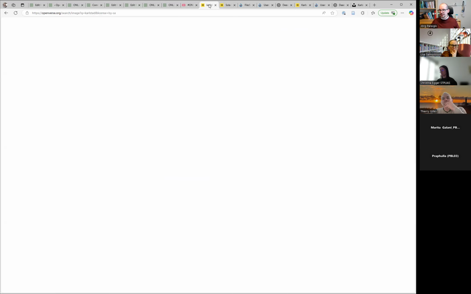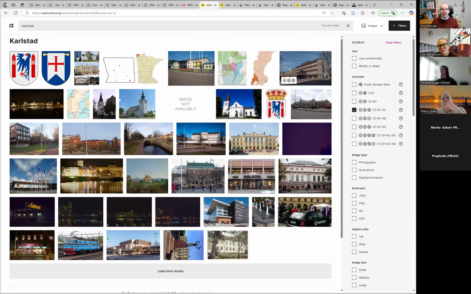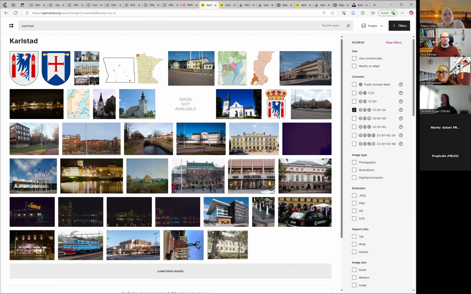We go back to the Karlstad pictures. Jörg, how is it controlled? How is it enforced? I mean, would Tony Chainsaw come and get me if I didn't abide? Yes, I mean, if he could. Of course, it's like with all copyright owners, and how do I enforce and keep track of people abiding to this? If Tony would find out that I'm not abiding to it, then the rules are as follows.